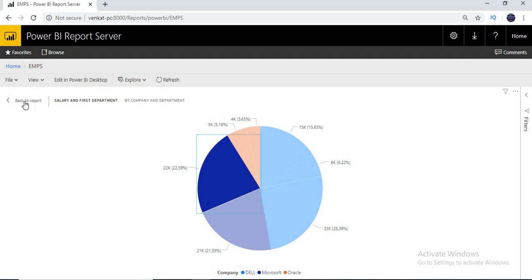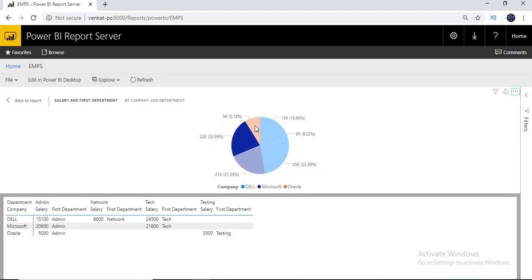So you want to go back to the previous section. You can see it, and you have filters here. Currently we do not implement any filters logic here. That is the reason why you are not getting anything. And if you want to display this as a table, you can see it at the bottom here, so you can see what data is represented here. Okay, so let's remove this and go back to the report.